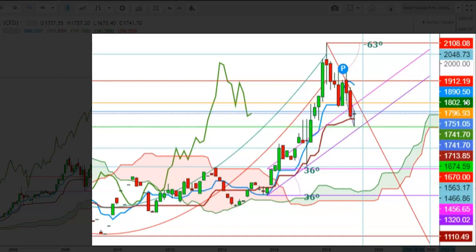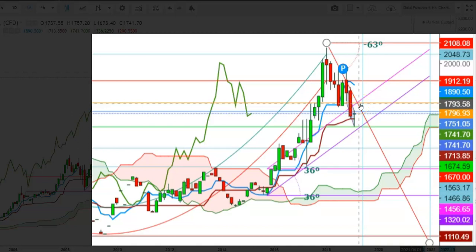Here you can see how the gold futures finally closed on Friday at the levels of $1741, which seems to be an immediate resistance for the gold futures, whereas the immediate resistance for gold futures is at the levels of $1751, which you can see in blue color here. I find that the opening levels of the gold on the first trading session of the upcoming week will be very decisive, because if the gold futures sustain above this immediate resistance, we could see the gold attempt to move up to the next resistance at the